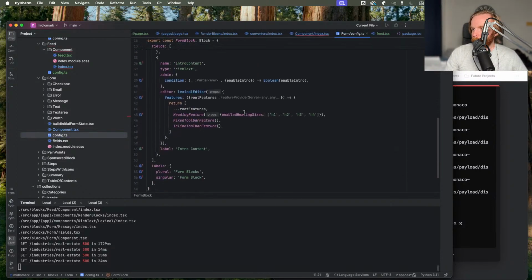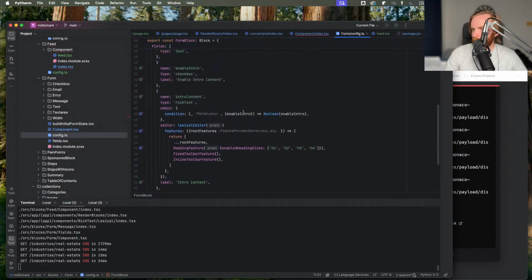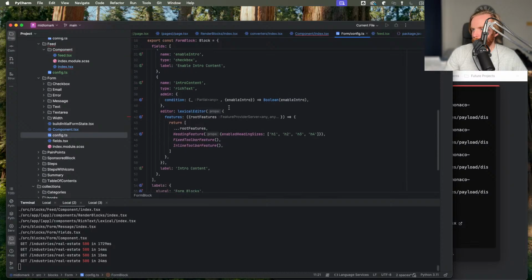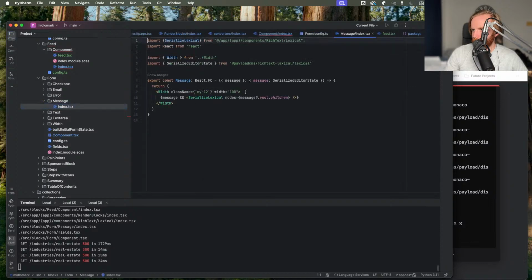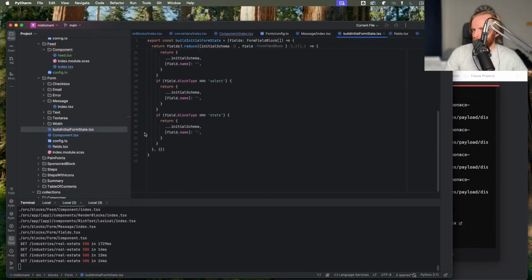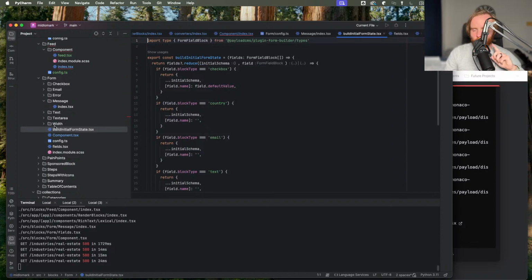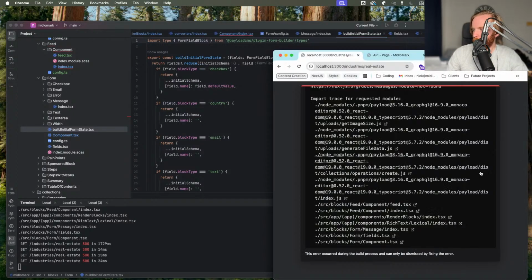We can do blocks here. And I think then, so let's go to message fields, message. Okay. Form state. Nope, so it's not going to be anything there. So why? So form, if we go to our message index,